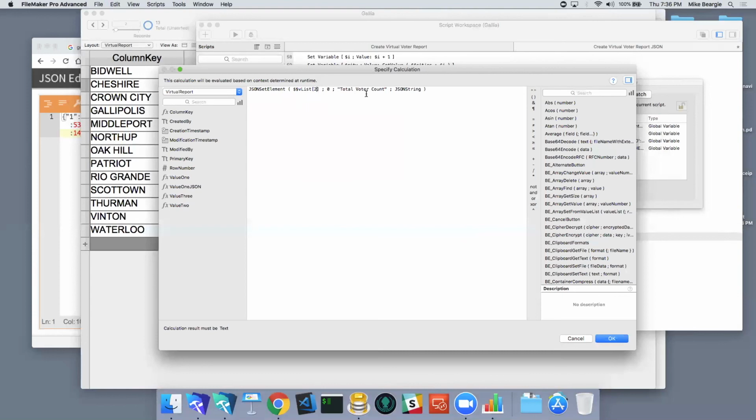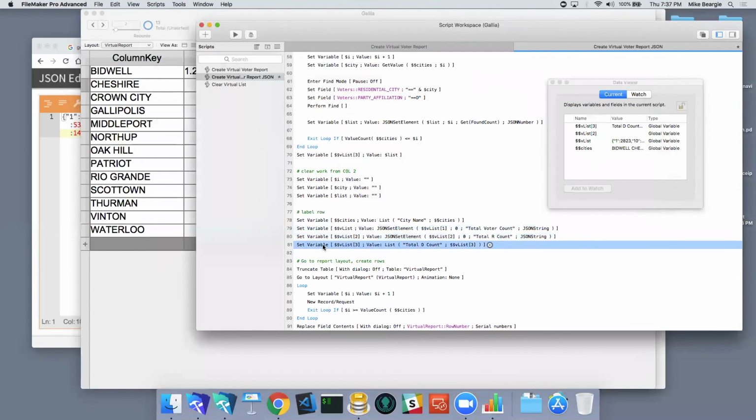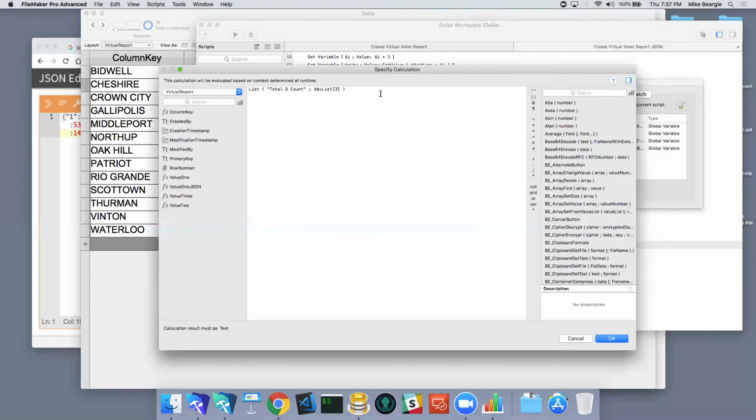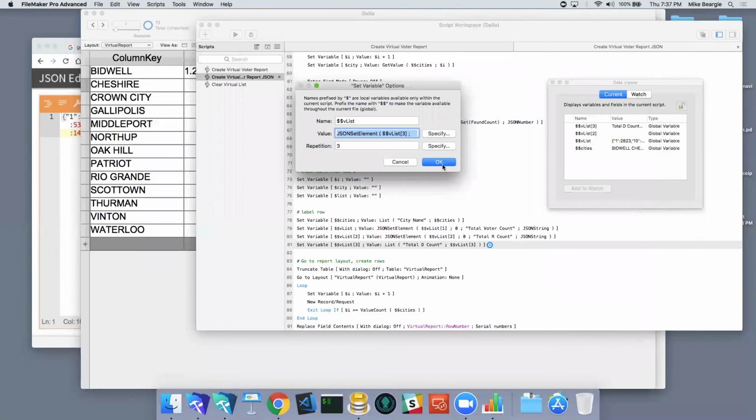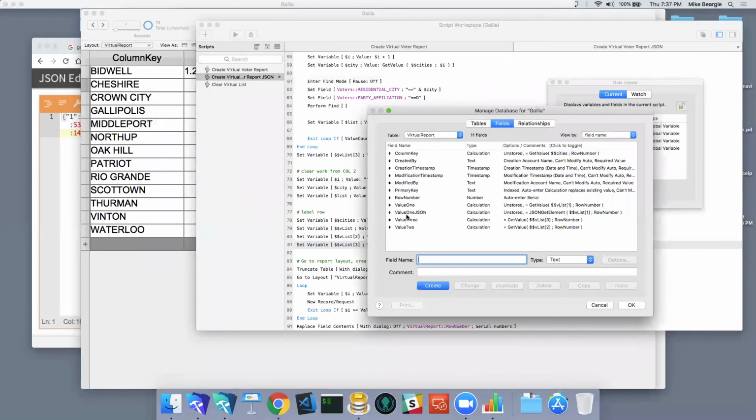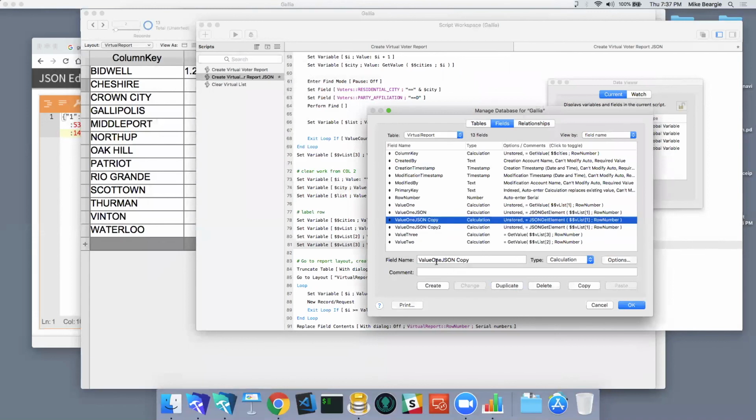This is 2 total R count, and this is 3. I also need to add our other field copies. So this is value 2 JSON and value 3 JSON. So this may make it easier for you to pass the data back from the server